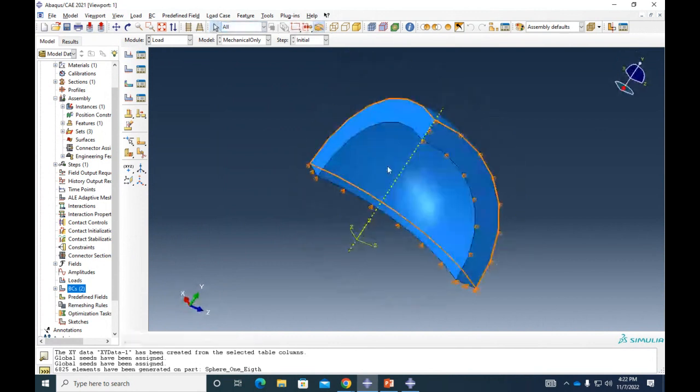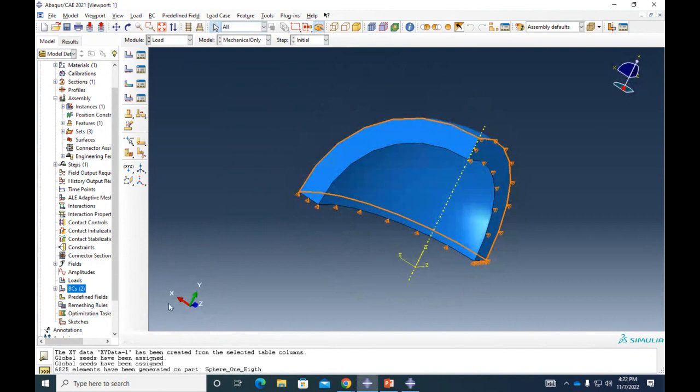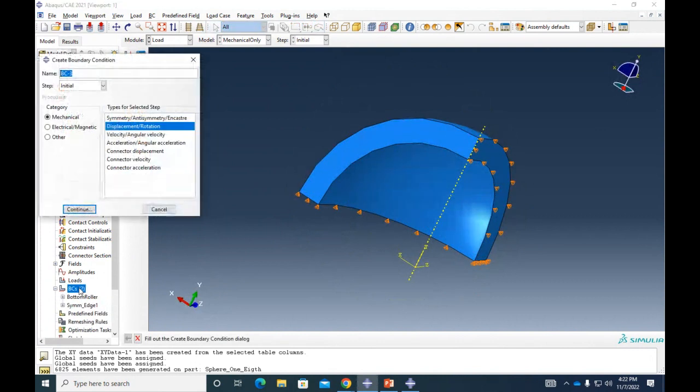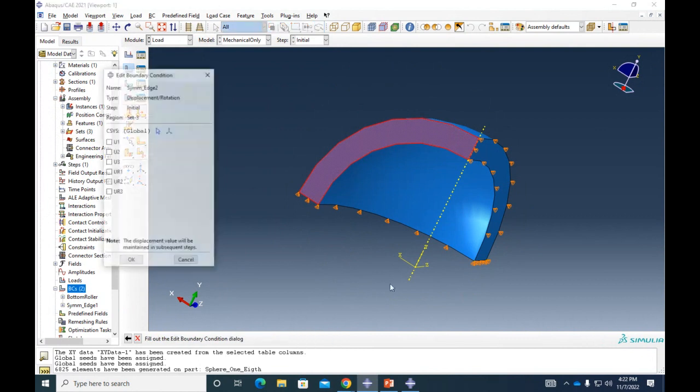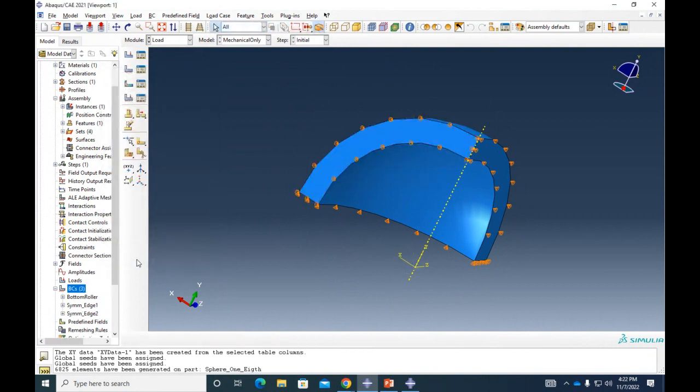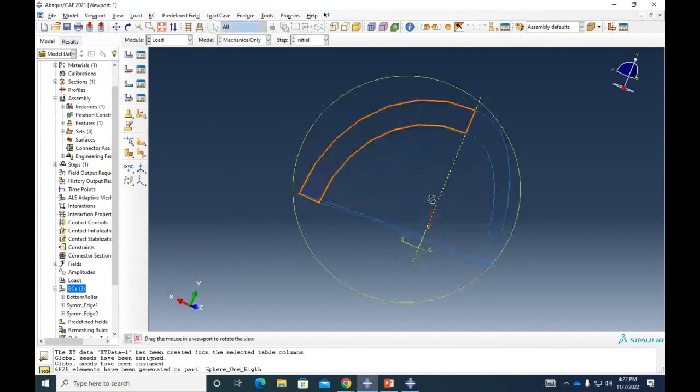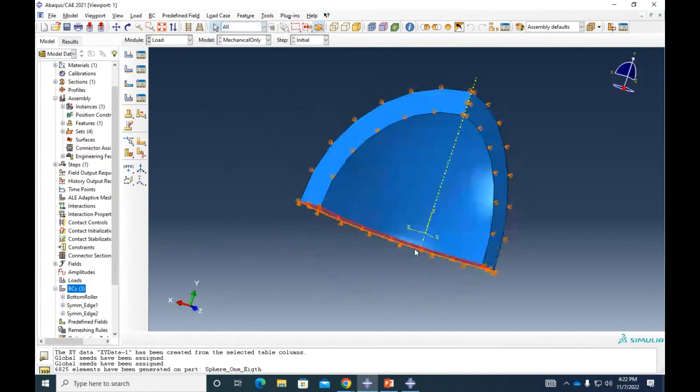We are missing one more edge, which is this one in here. So let's do symmetry edge 2. What is the direction for that edge? Z. Right? So we have boundary conditions in X for this edge, in Z for this edge, and then in Y. So we have boundary conditions in every single degree of freedom, so we are good to go.